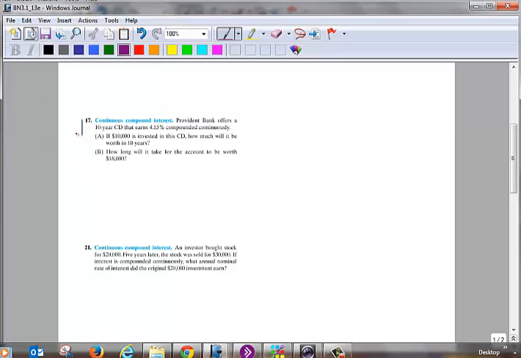So the amount that we'll have after 10 years, and I can write this as a function of t, so A of t is given as PERT. And so A of 10 is given by the amount that we start with, so $10,000 multiplied by the number e raised to an exponent of the decimal equivalent of the rate, so 0.0415, multiplied then by the amount of time. All right, so